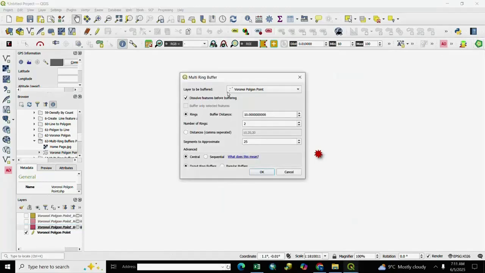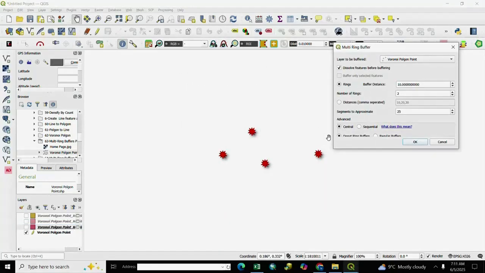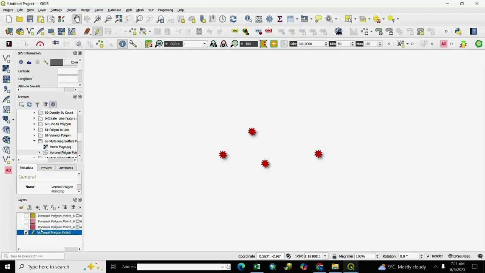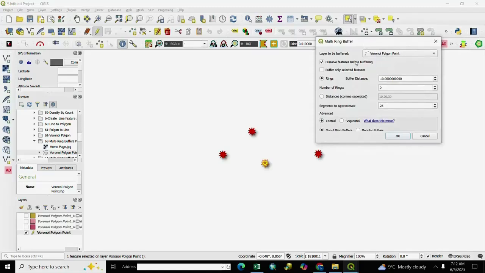Next, we go again to the multiple ring buffer, and if you want to create a ring only for a selected point, we go to selection, select a particular point and go to multiple ring buffer and then select here buffer only selected features, and if you want to change the distance, we write here 5 then OK.